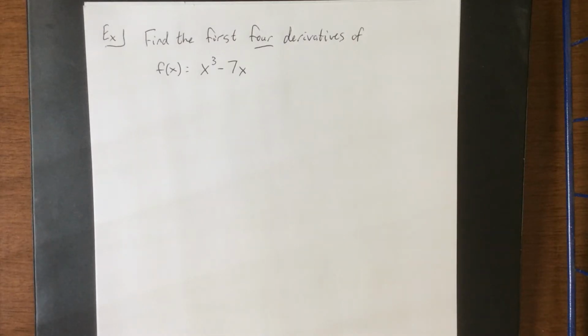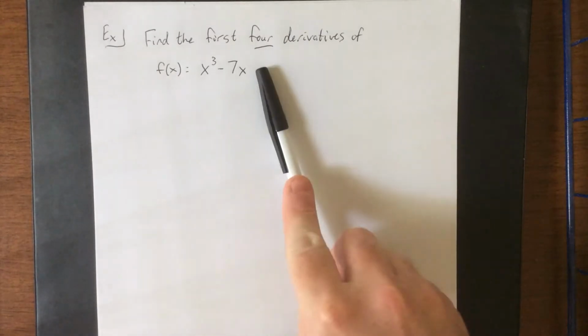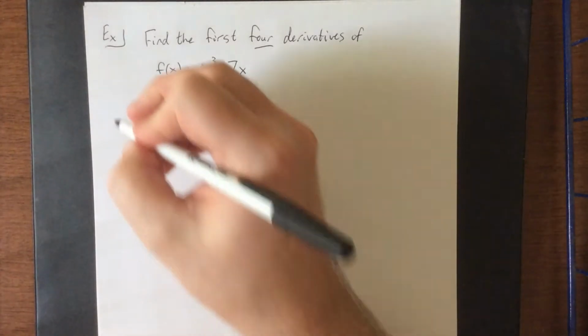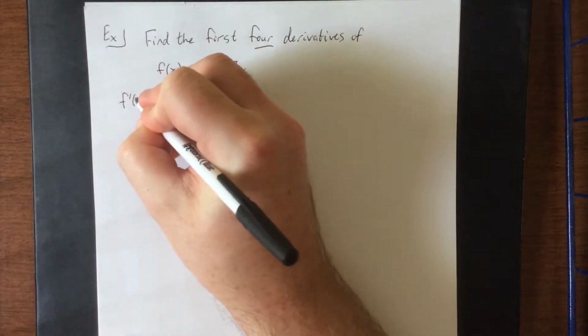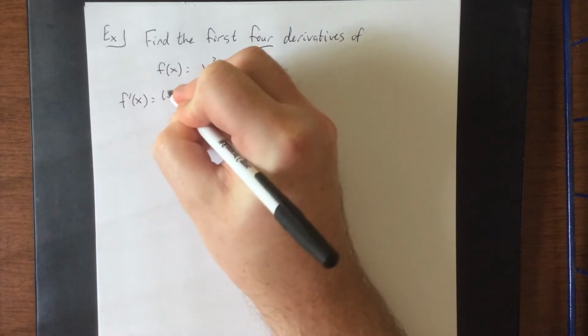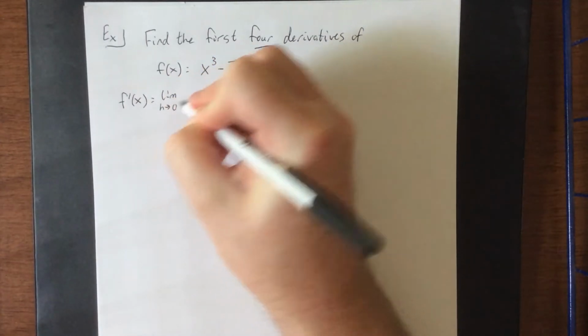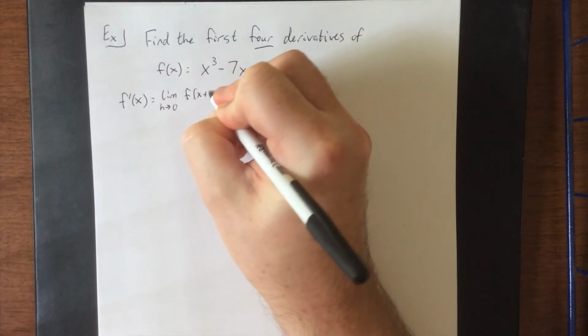For an example of these higher order derivatives, I would like to consider the following example. Find the first 4 derivatives of f of x is equal to x cubed minus 7x. A great way to take 4 derivatives is to start with one of them. So we'll take f prime of x to be the limit as h approaches 0 of the difference quotient for f,